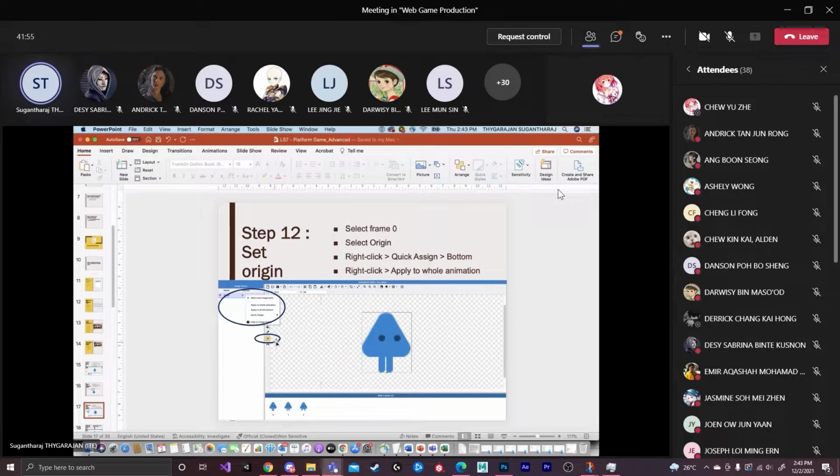I think you art students must know about setting the origin for the game objects, for the asset. You need to click on this icon to set the origin, and then we can choose quick assign to bottom, so that you can see there is a small bubble kind of thing here. Let me go and do it.